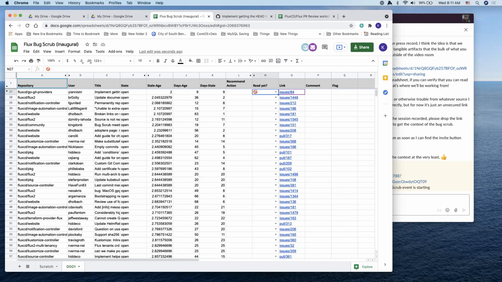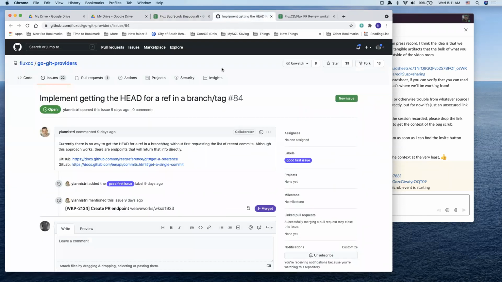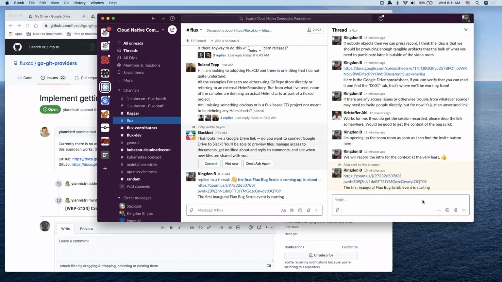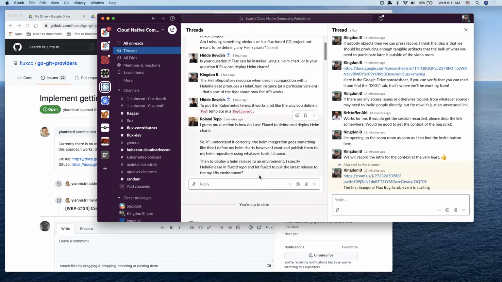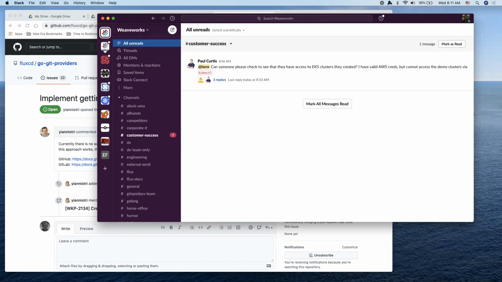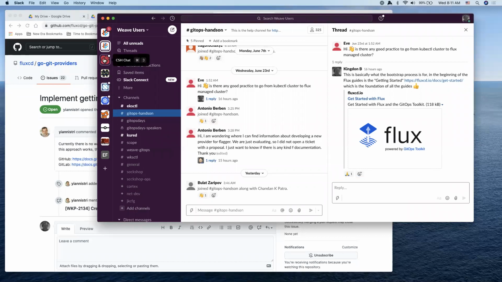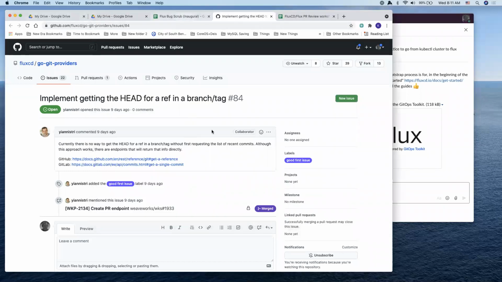So the process is, it's actually going to be tricky because it doesn't look like we have any maintainers here with us. Yeah. And that's what we really need in order to do triage. I have triage for Flux v1 repos, but that's not going to be very helpful unless we want to work on Flux v1, which I don't think we do. So normally what the process would be is whoever our